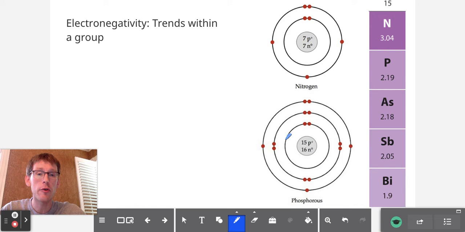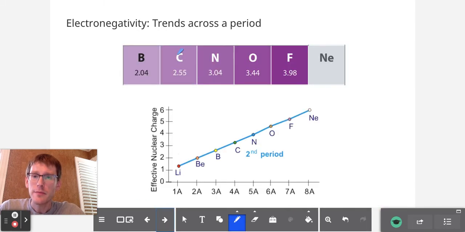As we go down a group, there are more shells, and there's just more space between bonding electrons out here and that nucleus. So in the case of going across a period, we have the same number of shells, whether we're talking about boron, carbon, nitrogen, or all the way up to neon. What differs, though, is the number of protons and the effective nuclear charge. We've already discussed more or less the same thing in terms of ionization energy. The more protons in the nucleus,